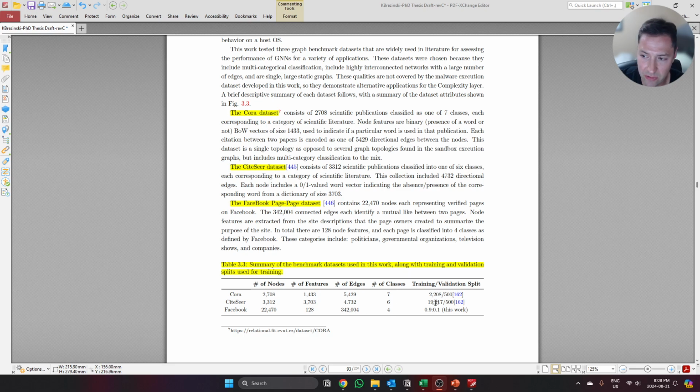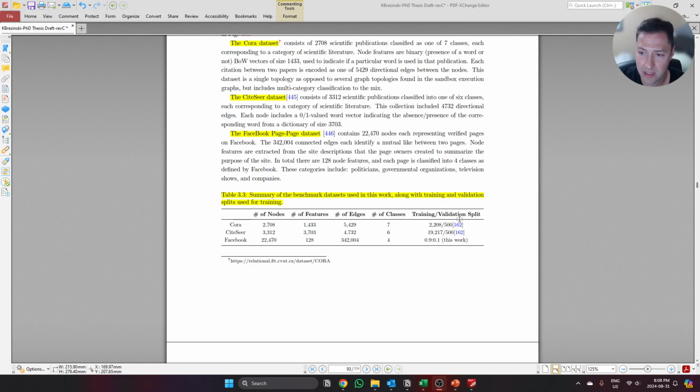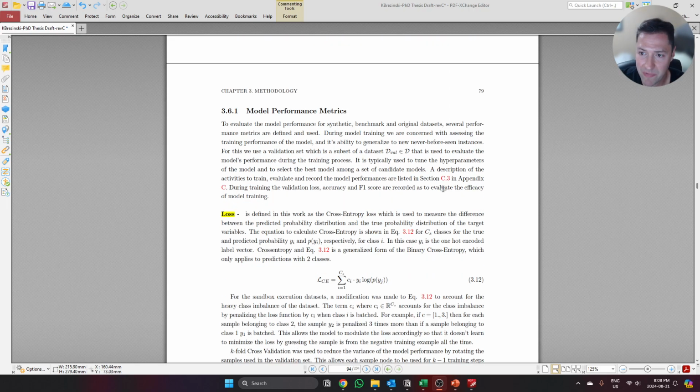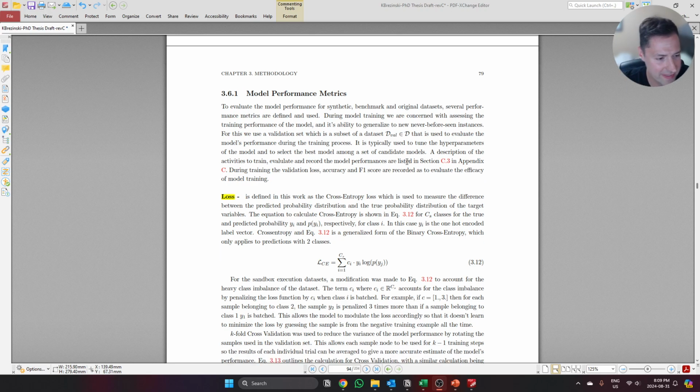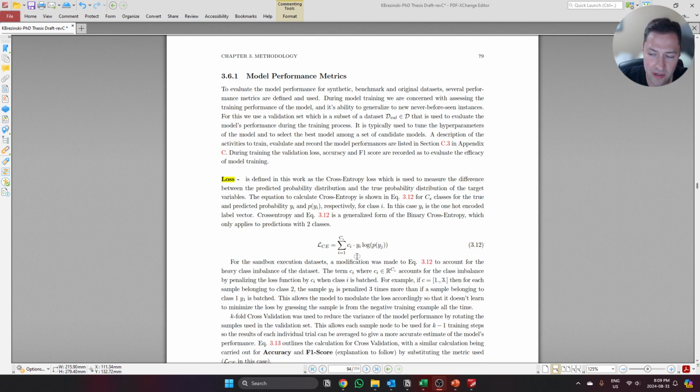Class is all multi-categorical. Training and validation split is just used for the purposes of when we're actually validating how many samples we get gathering for this. A few things before we go forward is model performance metrics. There's a few different ways that we can test the validation performance of a model as we're learning it. One being the loss. Ultimately, it comes down to cross-entropy loss. We have a generalized form. Cross-entropy is a generalized form of the binary cross-entropy, because at least for this work, we have to use this